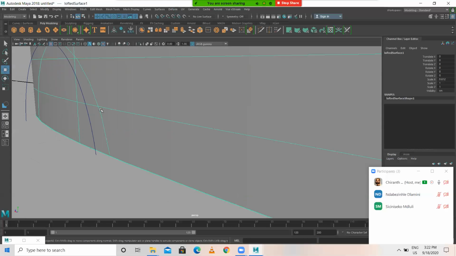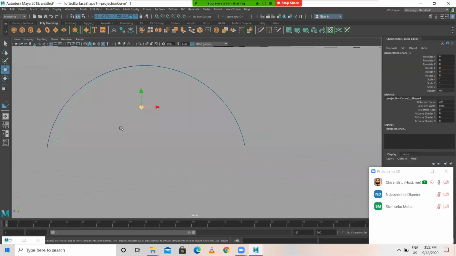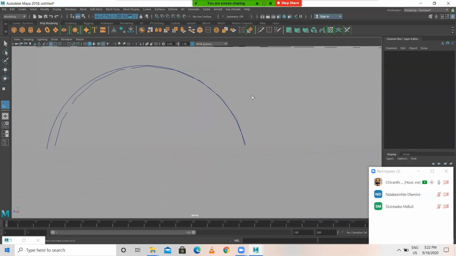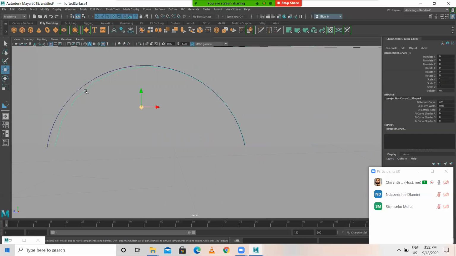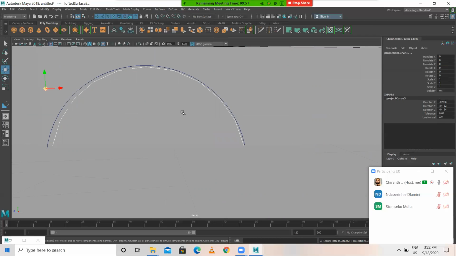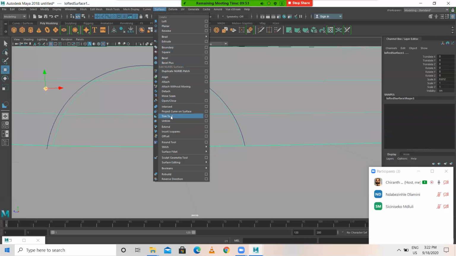Oh, it's not coming. Delete this. Select the curve, select the surface, project curve on surface, select the surface, trim tool.